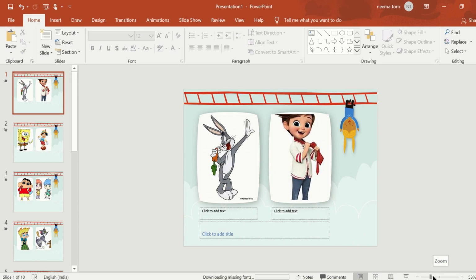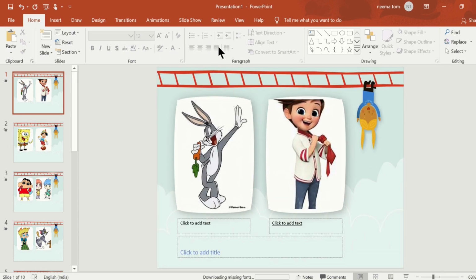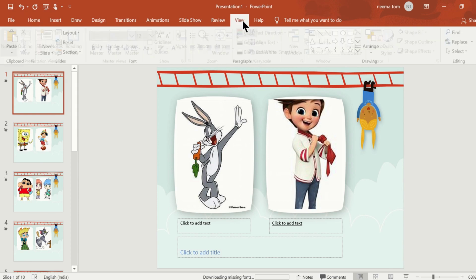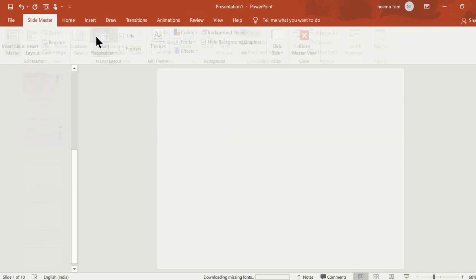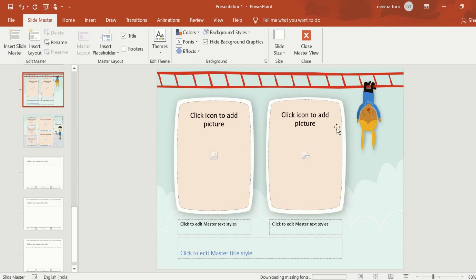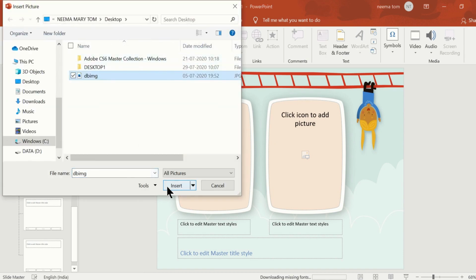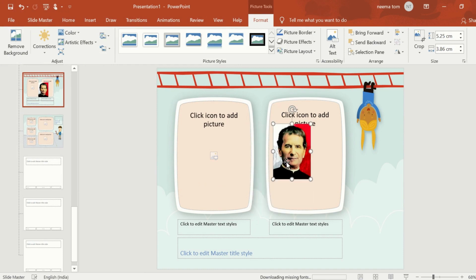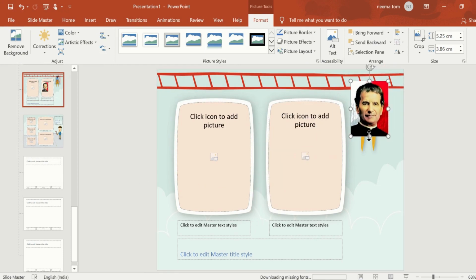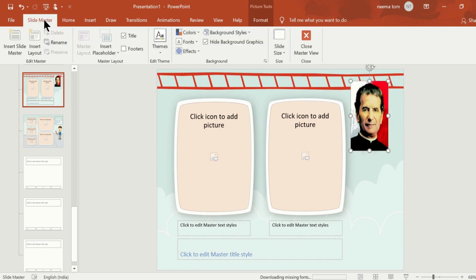Here I have a few slides. I want to add the image of our patron in all these slides in a particular position. For that, click on View and select Slide Master. Here you will get this view, and now you can go to the Insert tab in the ribbon. You want to insert a picture, so select Picture, go to the desktop, select the picture and insert. You can resize the picture and position it wherever you want. You can resize and close the Slide Master view.